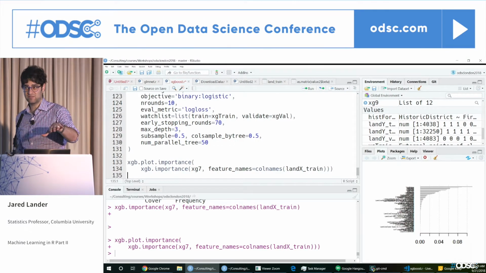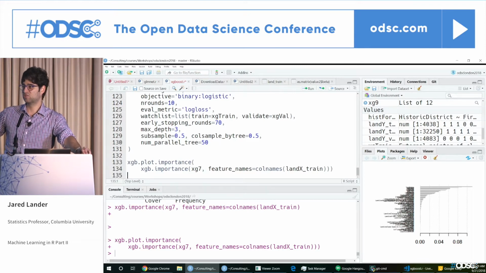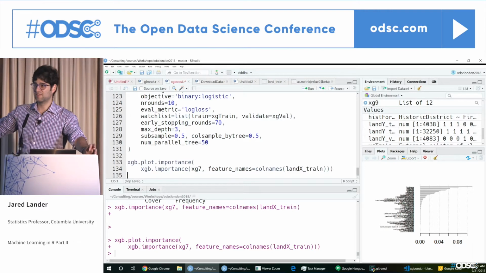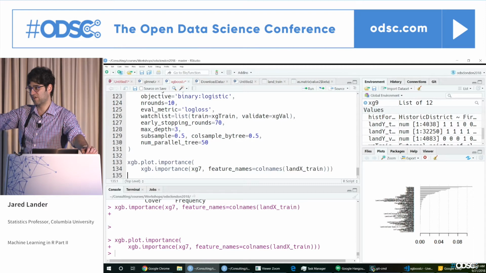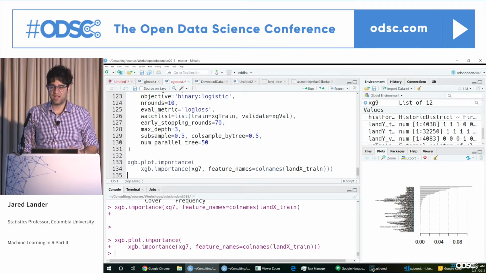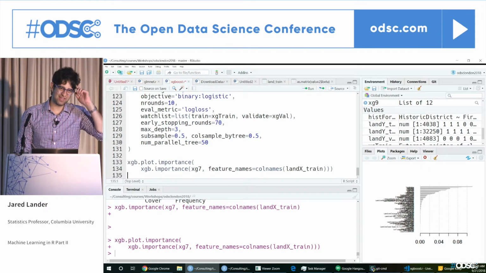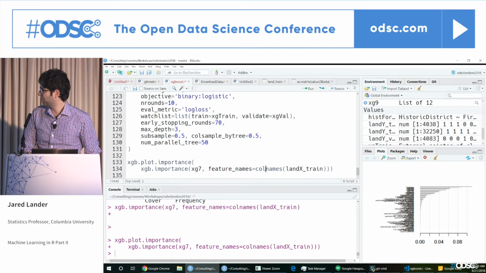It tells you after the fact how important the variables were to the model. Think about it. You're doing 130 trees. Each tree is doing multiple splits. The more times a variable has been used on a split, the more important it is. So it tells you how important variables are after the fact. What you're asking for, I still don't think so, not off the top of my head. But if you want to learn more about the parameters for XGBoost,